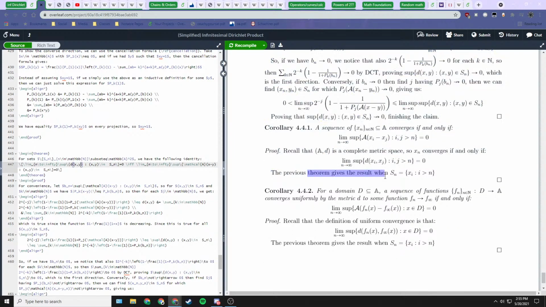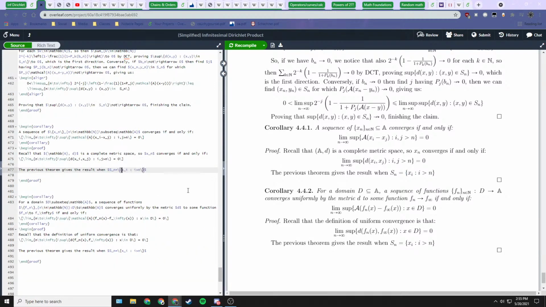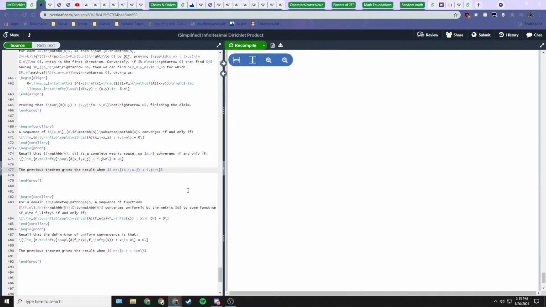So the previous theorem gives the result by taking these sets. So Sn is actually going to be x sub i comma x sub j, where i and j are greater than n. And for uniform convergence,